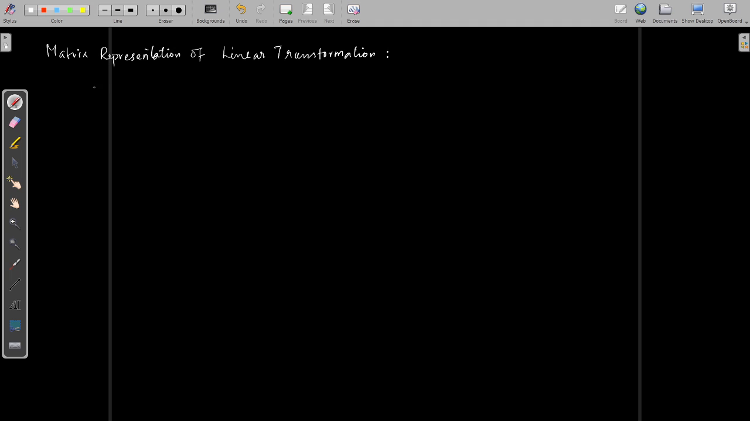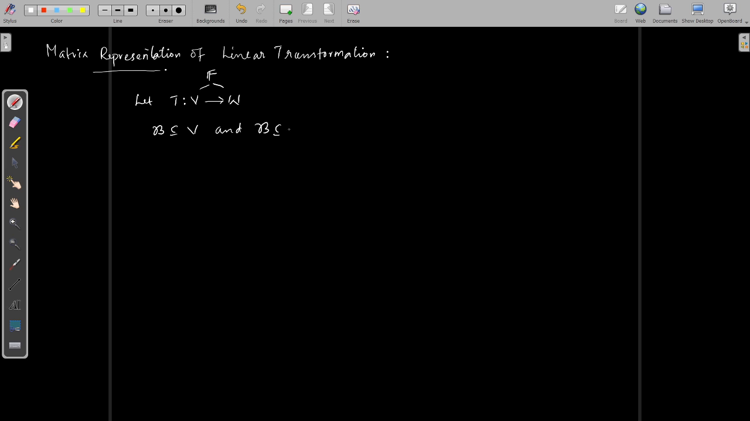Hi all. Today we discuss the matrix representation of linear transformation. Let T be a linear transformation from a vector space V to W. Both are defined over a common field F. And if you fix two bases B and B prime, B is a basis for V and B prime is